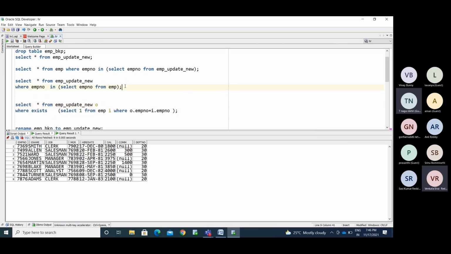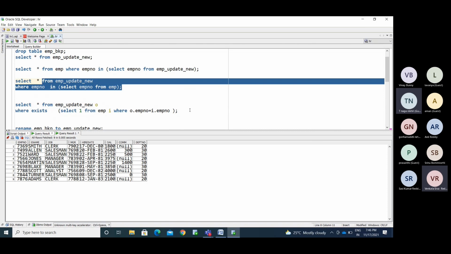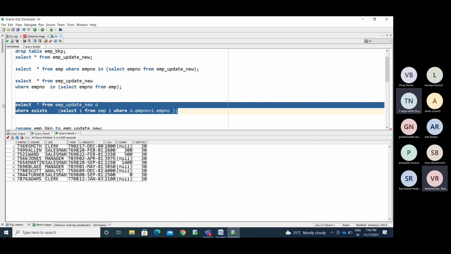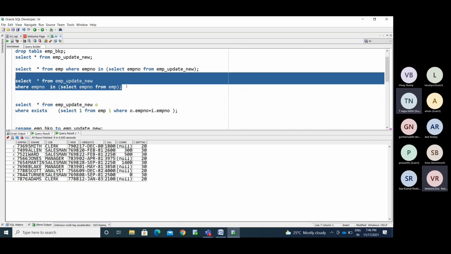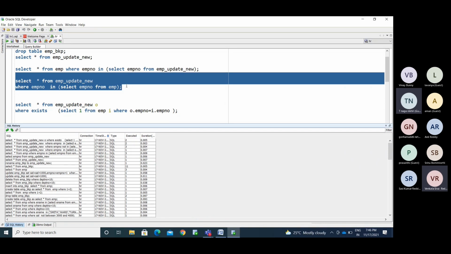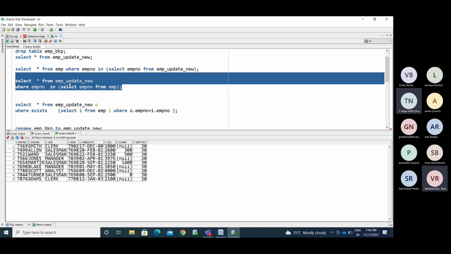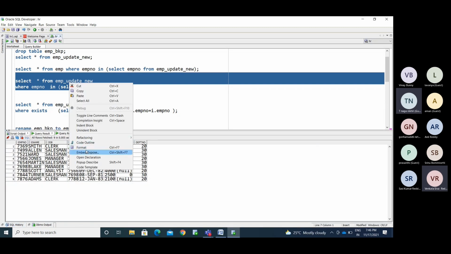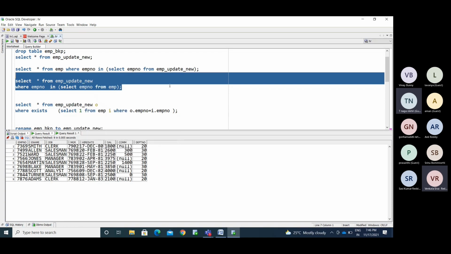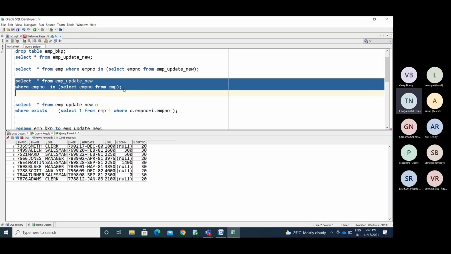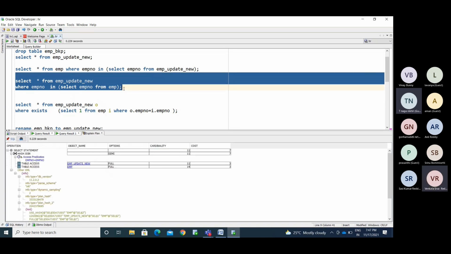So when will I go with in, and when will I go with exists? If you want to know this, press F10, not F8, sorry, F10. Right click this and go to explain plan, F10.